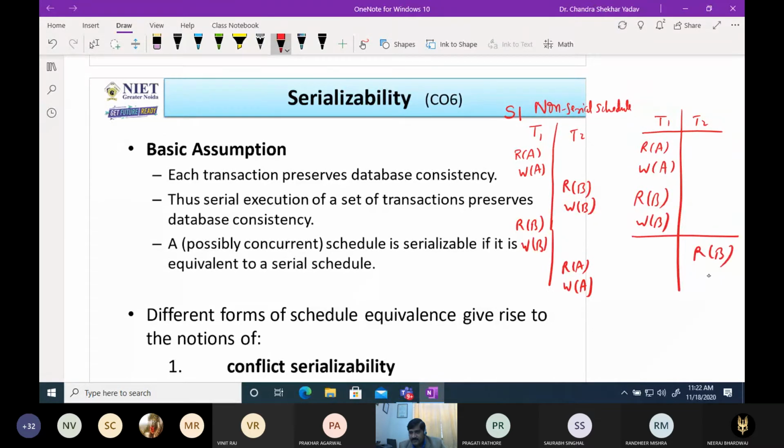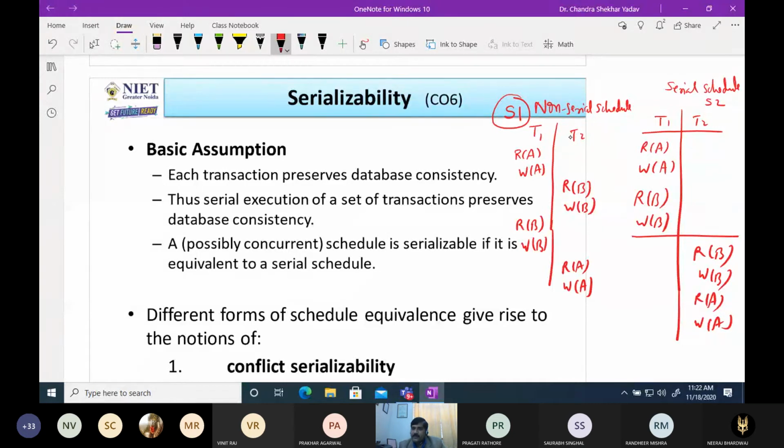Then we perform read B, write B, read A and write A. And this is the serial schedule S2, and both schedules get the same result. The end result of both schedules is the same. Then we will say that this S1 is a serializable schedule, and this process is called serializability.